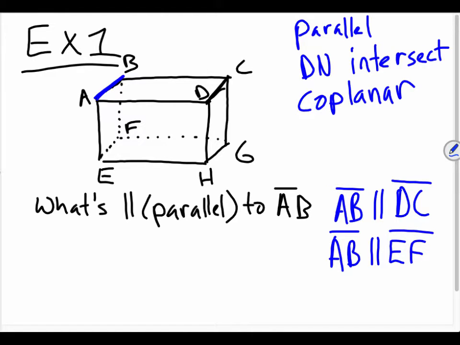So what I'm saying is DC is parallel to this because it's in this top part of the box plane, and EF is also parallel because it's on that left side of the box plane. Okay? Does that make sense to you guys? Okay, cool. Now the next question was,